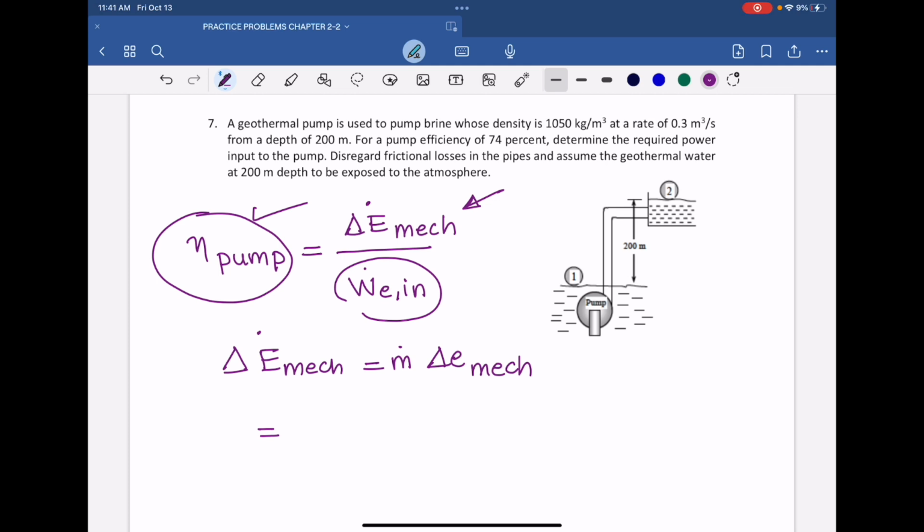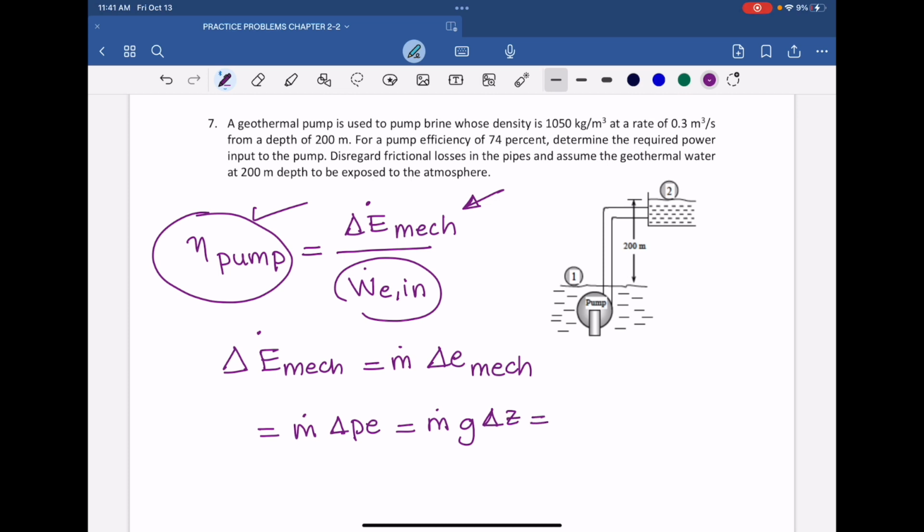What they said is points 1 and 2 are both open to atmospheric pressure, so the pressure is very close at 1 and 2, therefore the pressure difference is basically 0 there, so we can ignore those terms and say the mechanical energy change per unit mass is only equal to the potential energy change per unit mass, and therefore that is g times delta z,